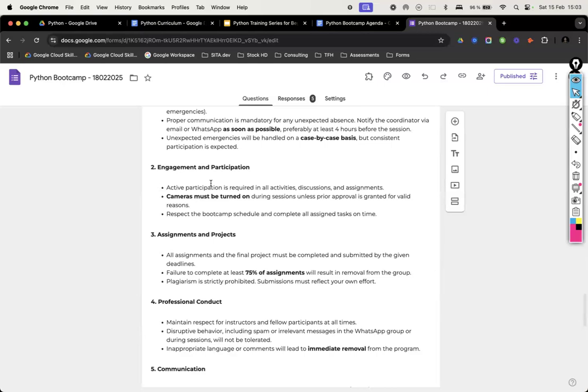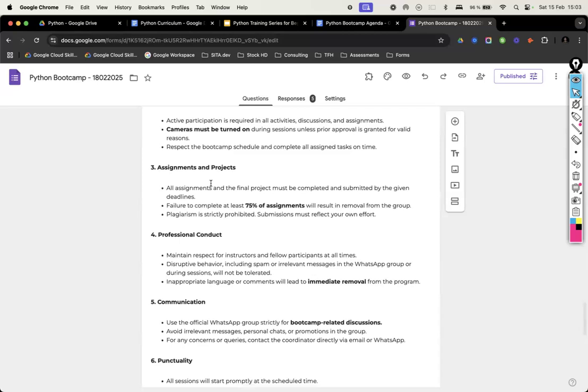And every day the links are shared in the group for the sessions. And yes, so we encourage active participation. As I said, we will only have 10 to 15 people, maximum 15 people, not more than that, so that there is actually a community built, and you get to know each other, and you engage in discussions, and you expand your network.